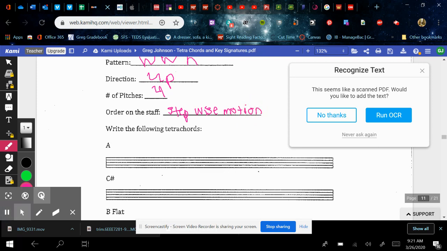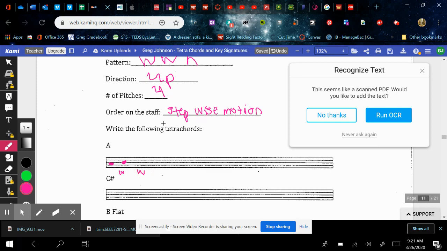Okay, so when you're building it, I'm just going to do one example so you can see it, and then you can fill out the rest on your own. I'm going to start on A. So when you're trying to write this tetrachord, you're going to have your 4 notes, and your first one's going to start on A, since you're building an A tetrachord. So put it right there on your A, and then there's going to be a whole step between A right up here to B. And there's going to be another whole step